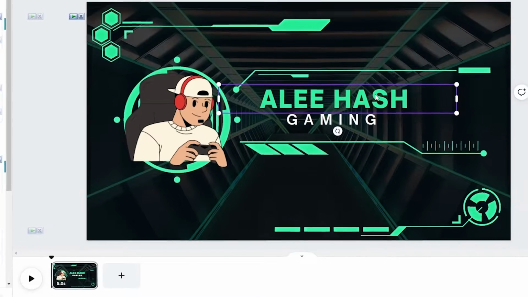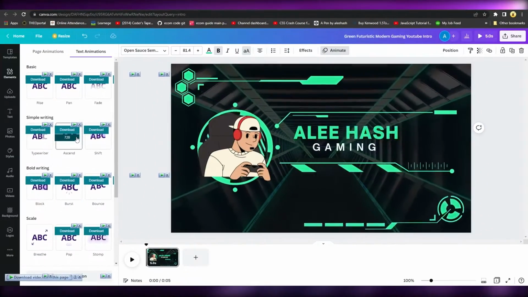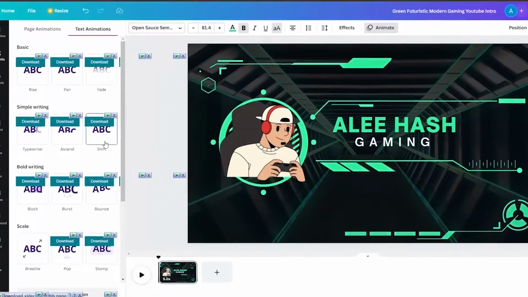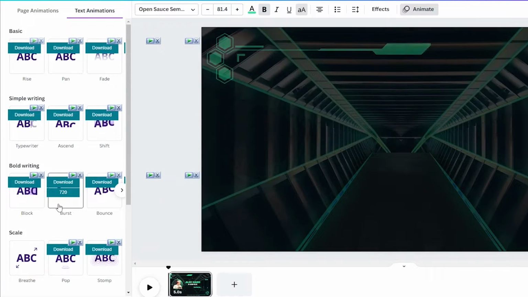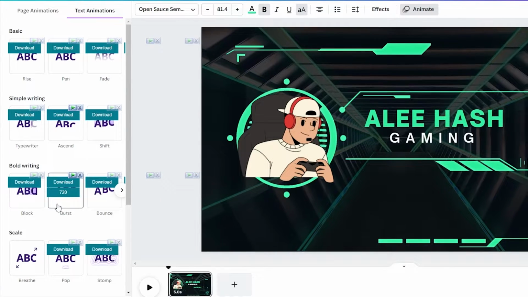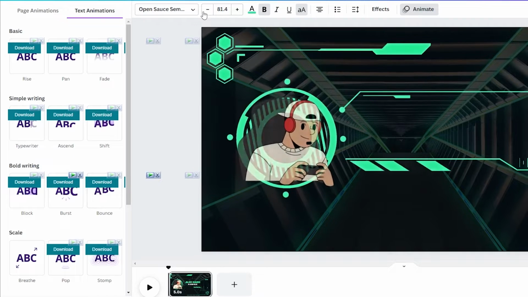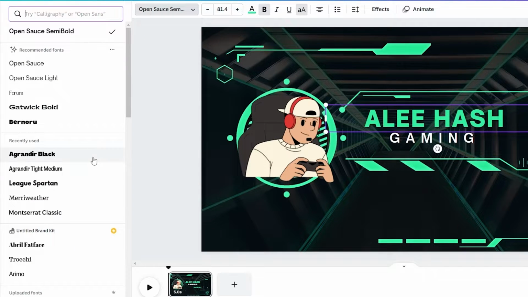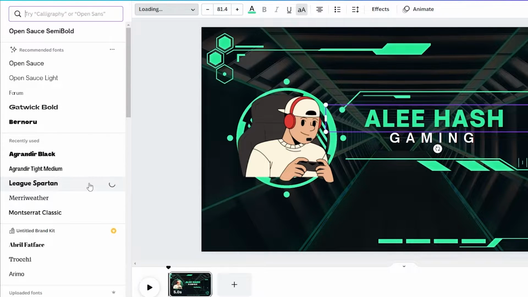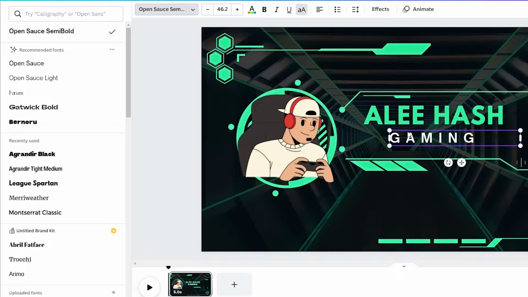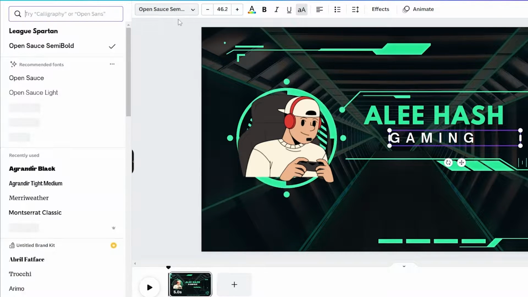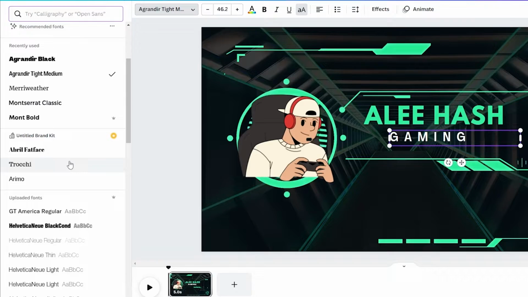Now I'm going to click on the text, and of course I can change the text animation as well to anything that I want, like I did with the picture, by simply hovering my mouse over it. So I'm going to choose this text animation. I'm going to change the font to something more cool, perhaps this particular font. And of course, I can also change the font at the bottom as well. So I'm going to choose for it to be this particular font perhaps,